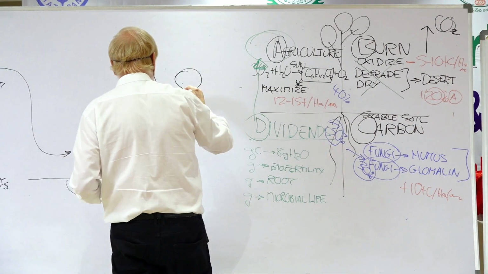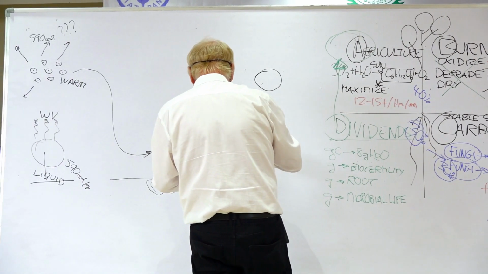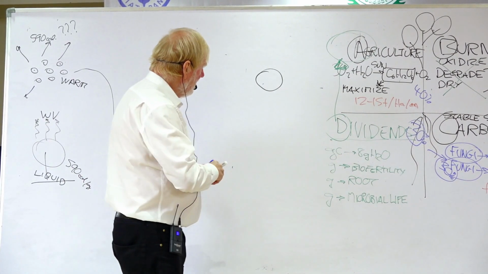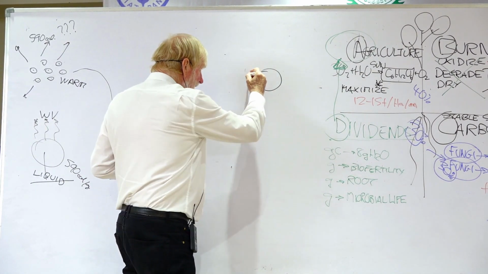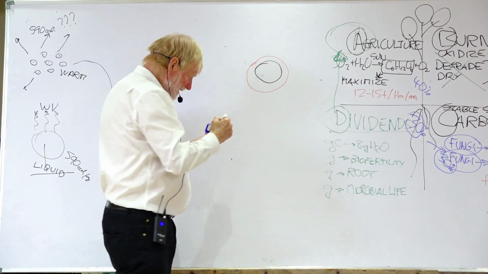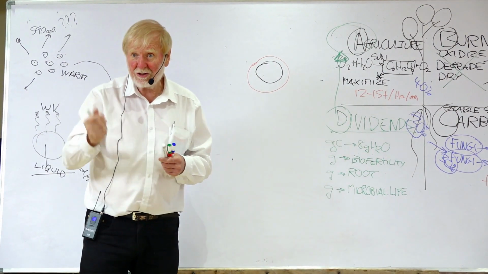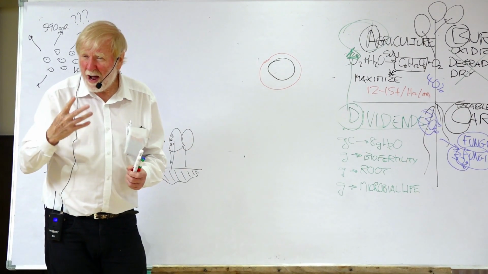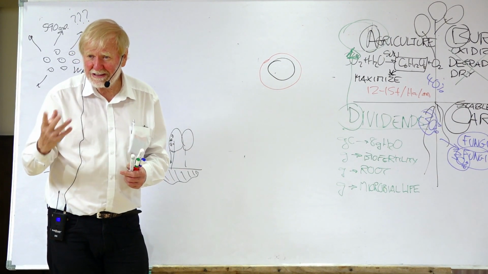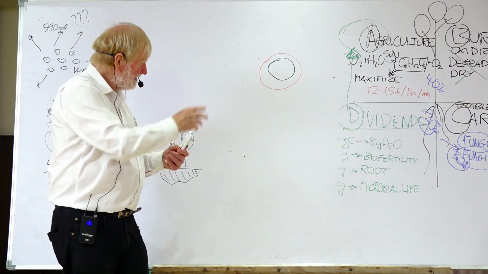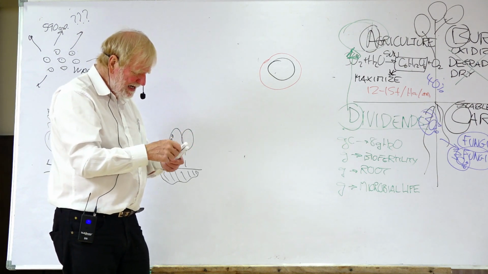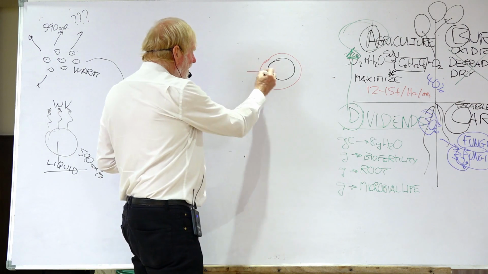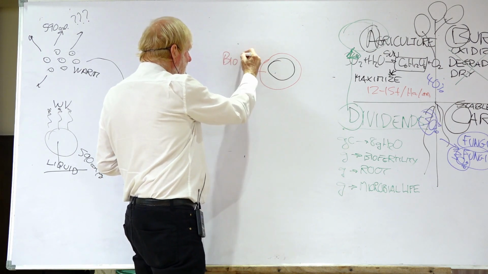So we have a seed, and we are putting what you're calling an inoculum coating around that seed, with cow dung and urine. And the question is, how does it work? What does it do? And from my understanding, this is a biostimulant,